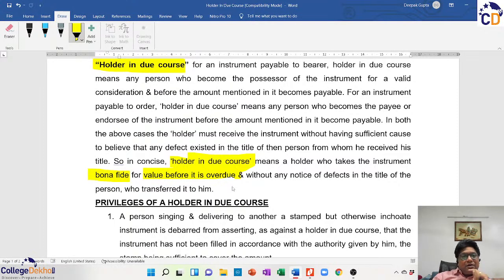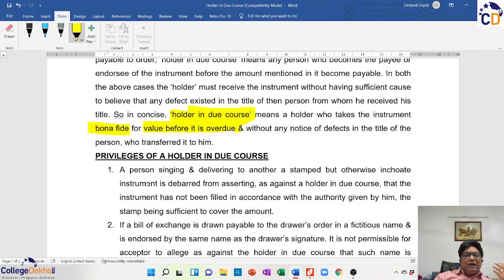And I'm again repeating, we are not saying that holder has no right of receiving the payment. He also has similar rights like a holder in due course, but holder in due course has certain privileges. So if you receive or you become endorsee of an instrument after its due date, then you are not holder in due course and you will not be allowed the following privileges. ठीक है? And the third characteristic is that